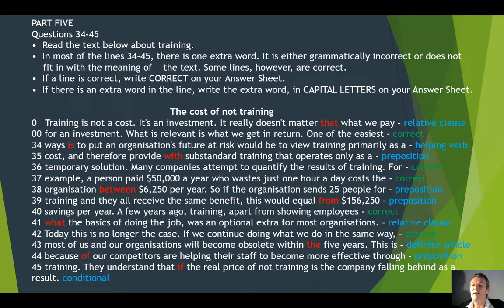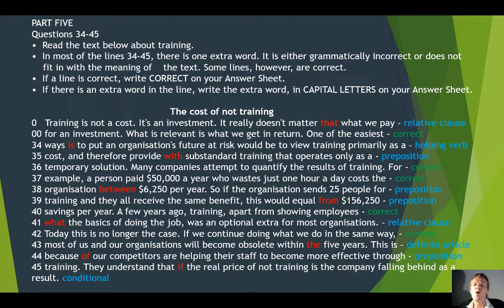43, we've got the definite article because we're looking at a time phrase within 5 years. If I said within the 5 years, this would be defined, which means they would have mentioned the 5 years somewhere in the text before. For example, from 1980 to 1985, within the 5 or these 5 years, then it would be correct. But they haven't done this, so it is wrong.